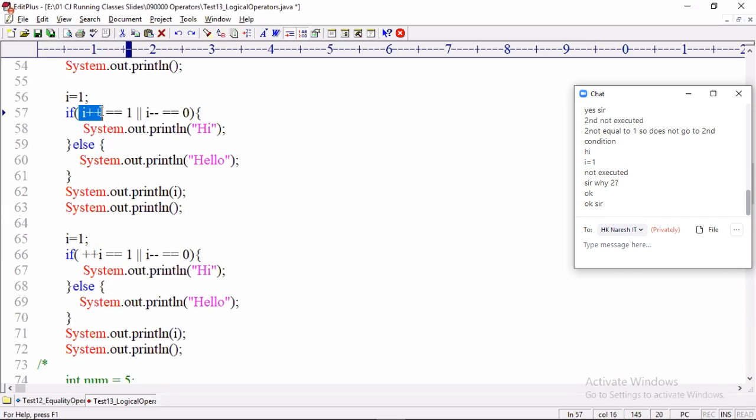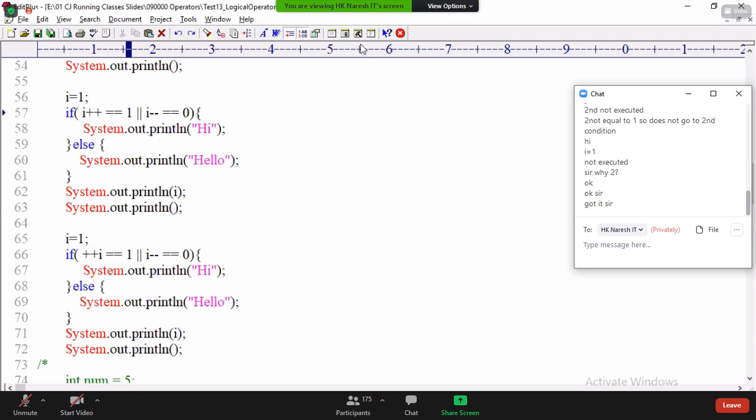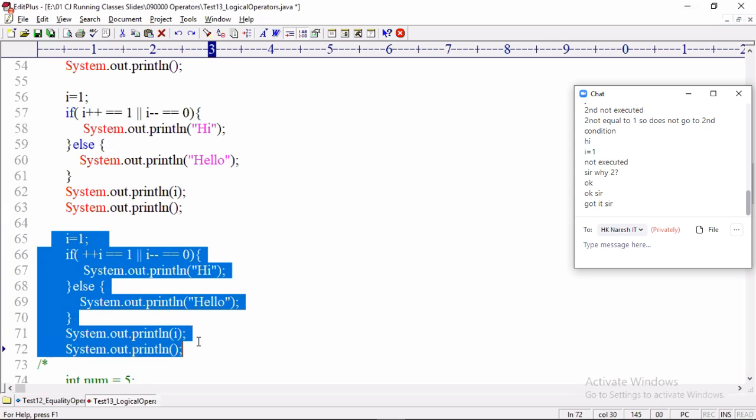Here, i plus plus value is 1. 1 equal to 1, true. The value is already incremented here. Everyone understand? Shall I explain again? We already solved this question, moving to this question.